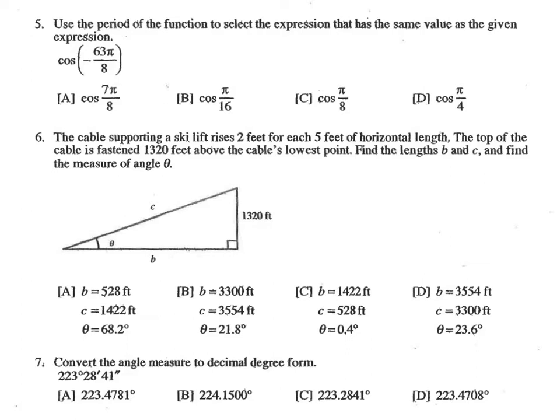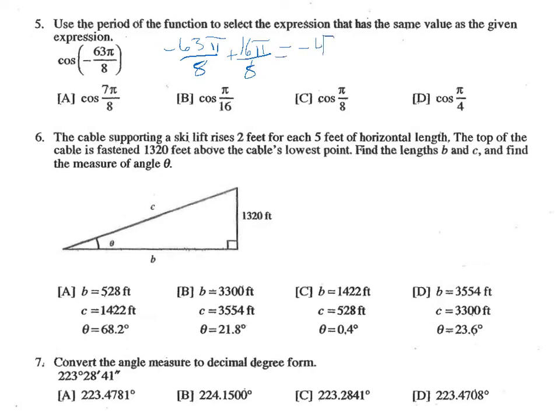Use the period of the function to select the expression that has the same value as the expression. So we're looking for what the same expression would be to the cosine of negative 63 pi over 8. Negative 63 pi over 8 is a really big angle. So we can find a smaller coterminal angle by adding 2 pi to it. So adding 2 pi would be the same as adding 16 pi over 8. And if we do that,